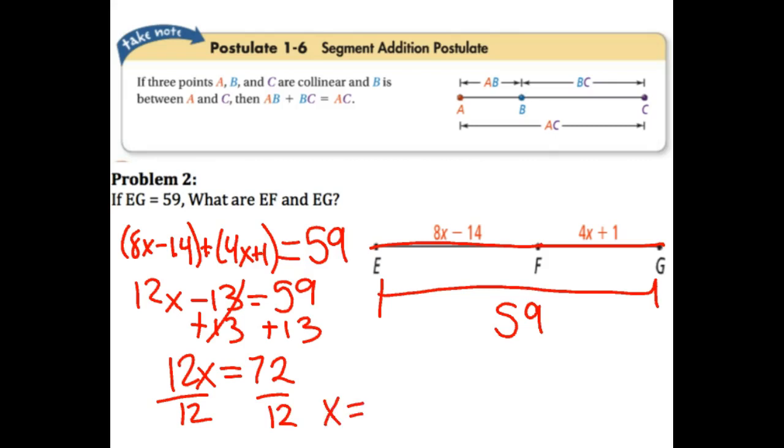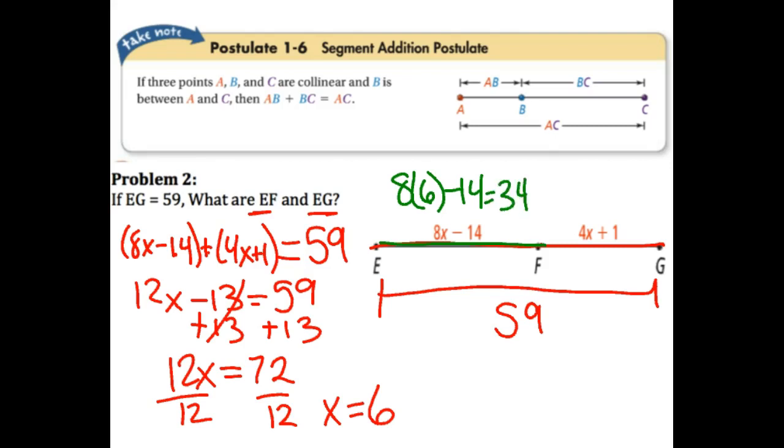Now, I like to say that we are not in algebra class. We are, in fact, in geometry class, which means you can find x, and that's really helpful, but you're not done if you found x. Because if you go back and you look at the question, it says, what are EF and EG? So we know that x is 6, and EF is 8x minus 14, so we're going to take that 6 and plug it in for x. We're going to go 8 times 6 minus 14. 8 times 6 is 48. 48 minus 14 means